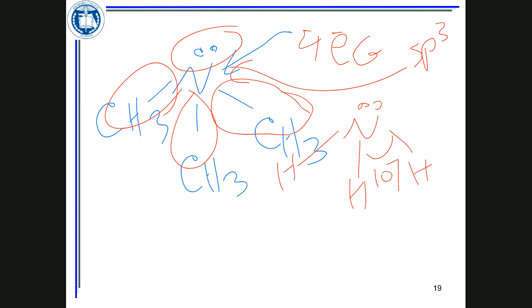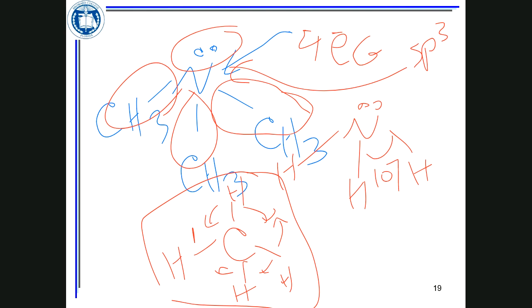It says, well, if you have methane with 4 electron groups, the bonding electrons that are shared between carbon and each hydrogen are going to not like each other, they are going to repel each other. It looks like you have 4 balloons tied together at the ends. They take the maximum space from each other, and they give you a perfect tetrahedral.